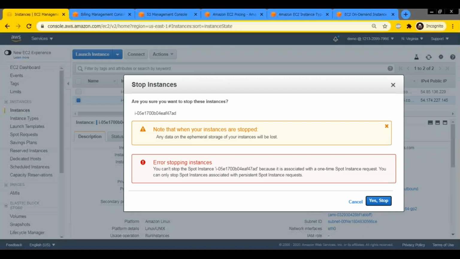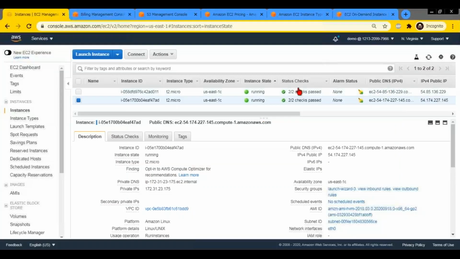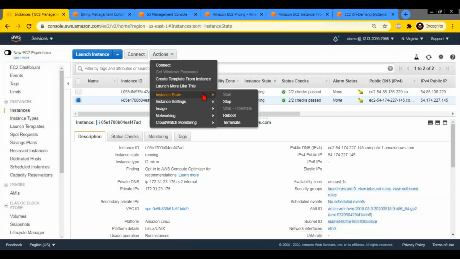What is this? It is a spot instance, right? So it is saying you can't stop, right? If you have a persistent request or whatever, it will again start itself, right? But by default, a spot instance, you cannot stop. Either it is running or it is terminated, or you can reboot it,